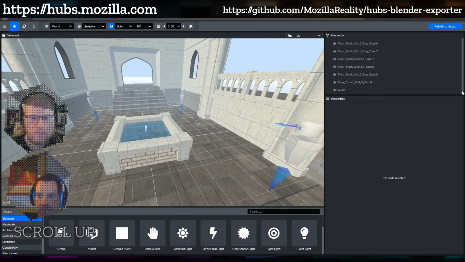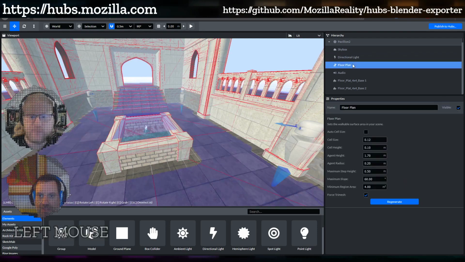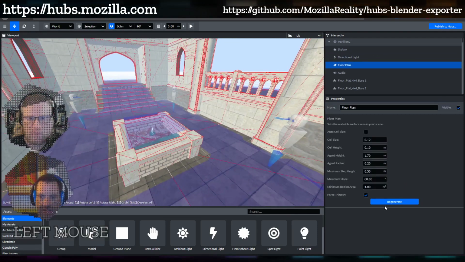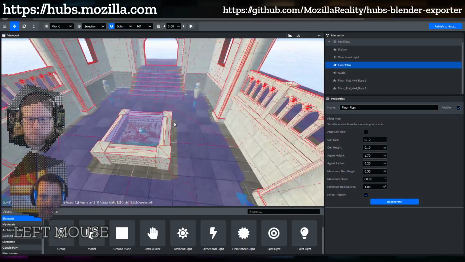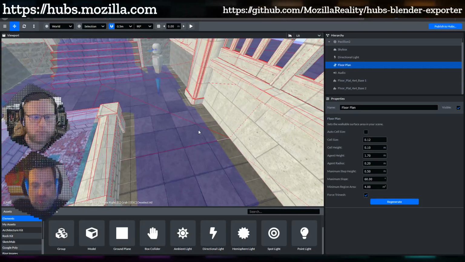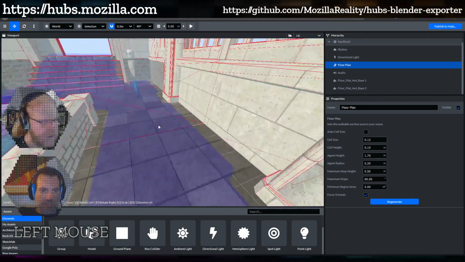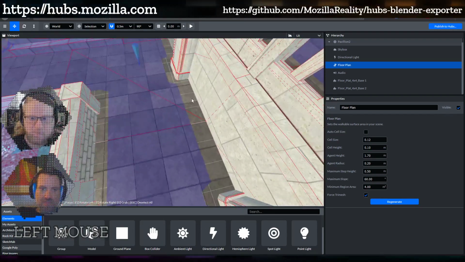I'm going to go back to the nav mesh settings now and talk a little bit about the floor plan and how to do things. One of the big questions we get all the time, and I don't know if you're monitoring any questions coming in, I'm watching chat, is